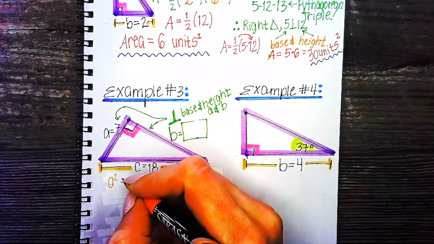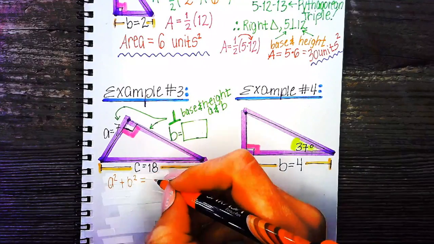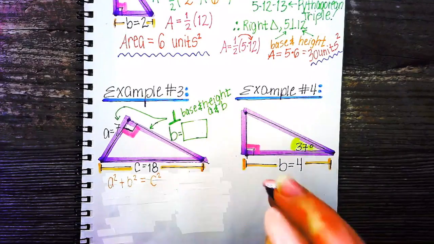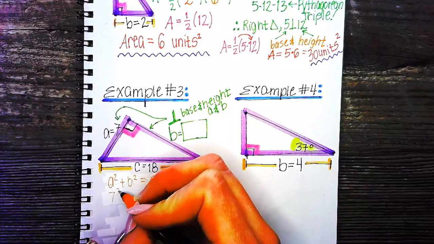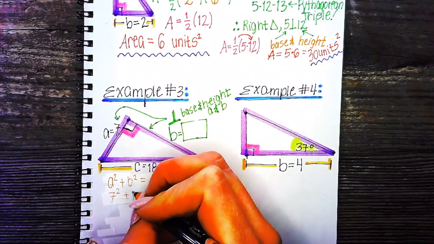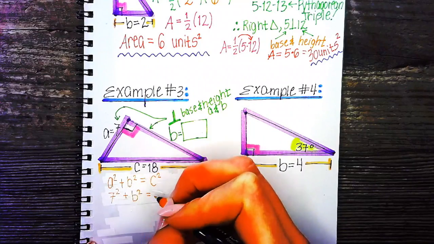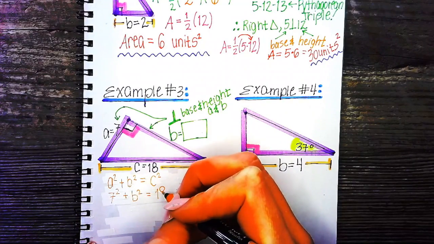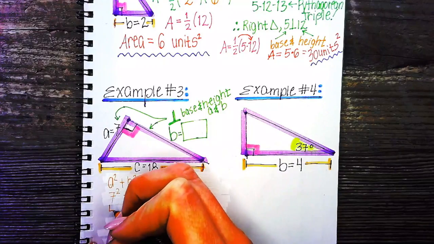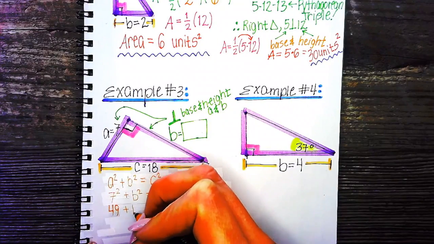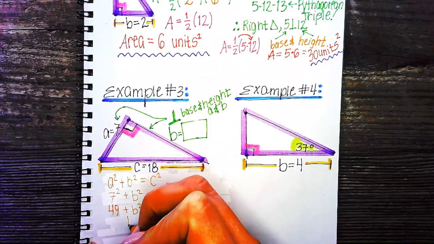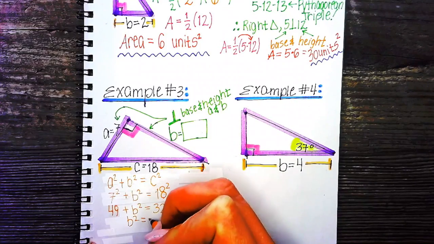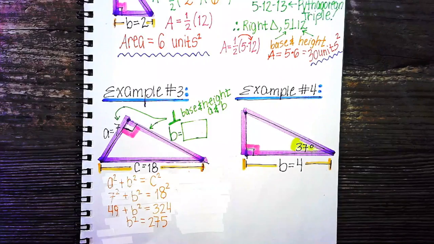A squared plus B squared equals C squared. We'll fill in 7 for A and 18 for C. 7 squared plus B squared equals 18 squared. 7 squared is 49. 18 squared is 324. So we'll have 49 plus B squared equals 324. Our goal is to solve for B right now, so we're going to subtract 49 from both sides, and we'll have, for our next line, B squared equals